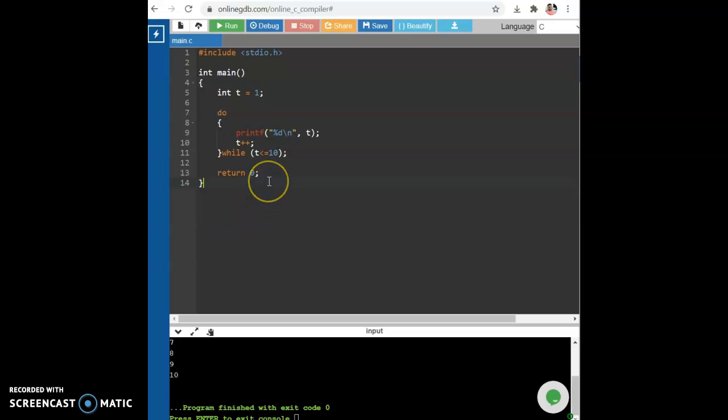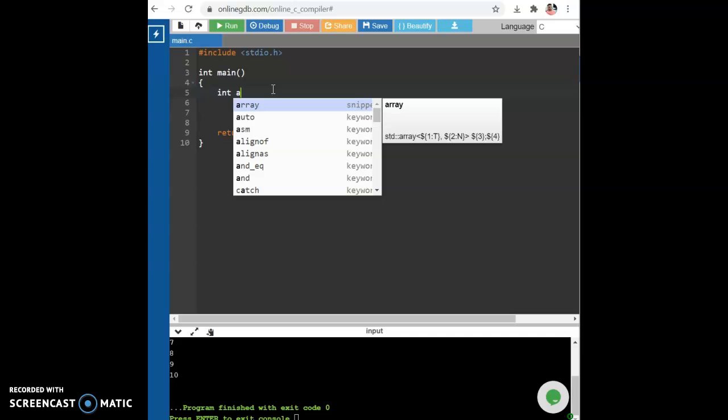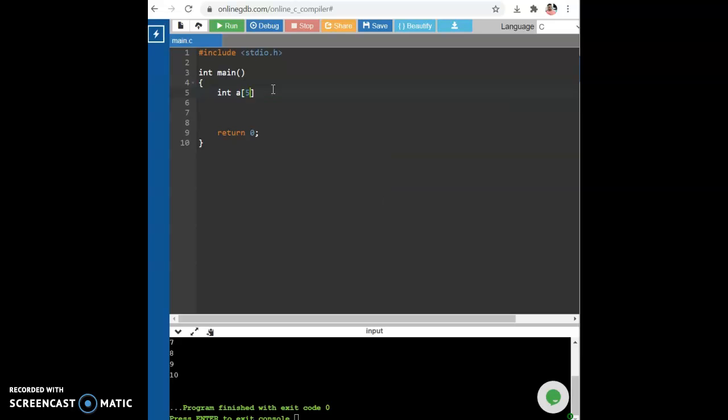Now in the next programming example, I will demonstrate how you can use a linear array, that is a one-dimensional array. So I will use the same program. Let me just remove some of the statements. Now here I'm going to create a program for an array. So what I want to do is specify my array first. I'm creating an array A, and it has 5 elements,